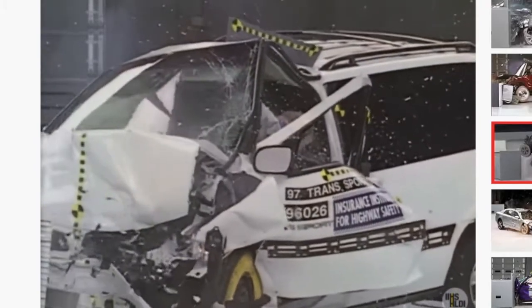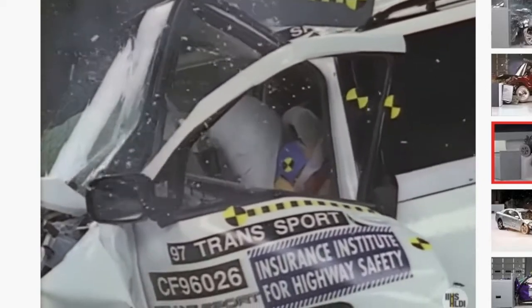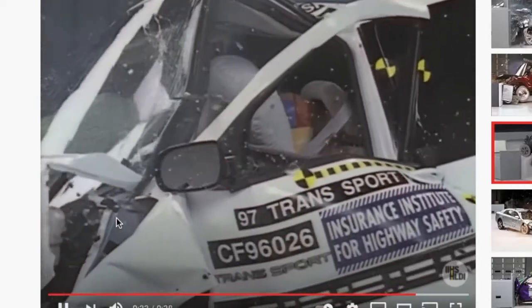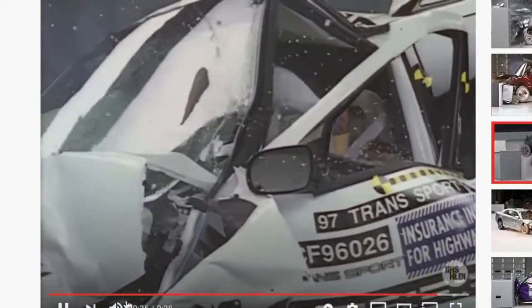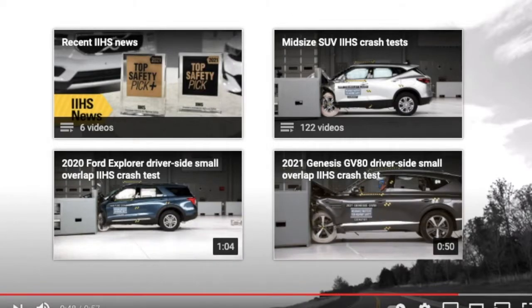So if you're going to buy these two cars and you're going to drive them around, you just watch this video and you'd be like, it's pretty obvious which one's safer, right? So I'd say that the safety cage failed in that case. Same speed. That's a Pontiac Transport. Again, that one's no longer made.